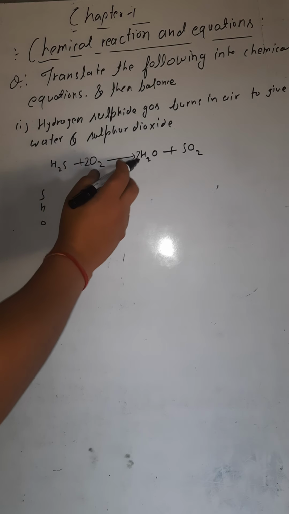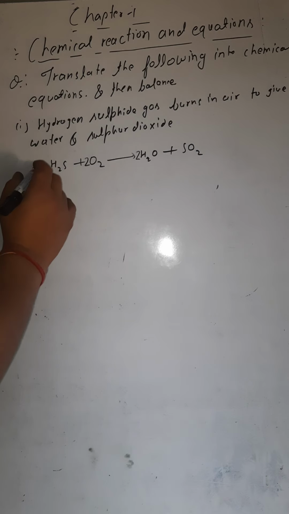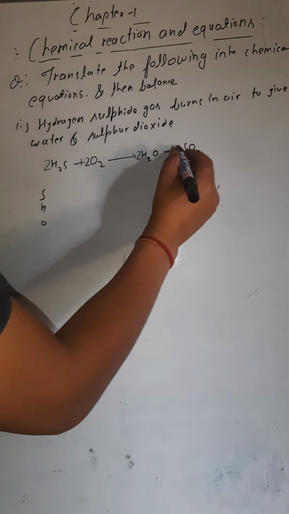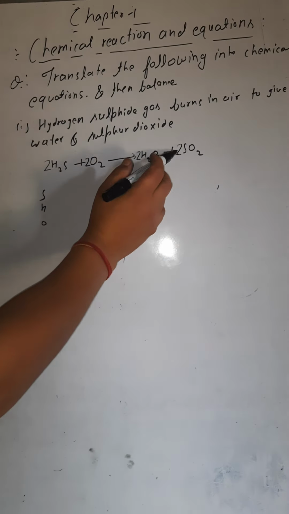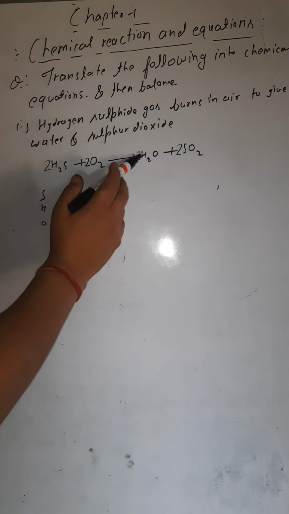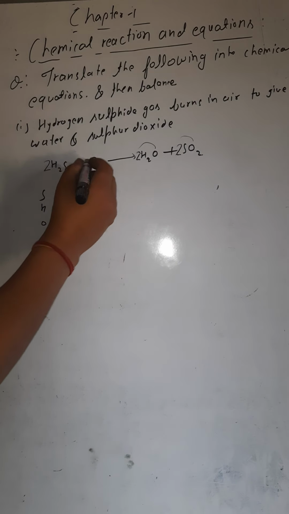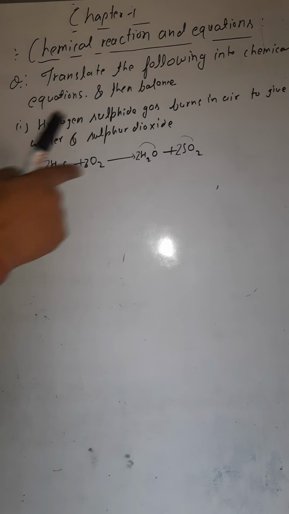But as I have balanced the oxygen, hydrogen is unbalanced now. Look here, 2 twos are 4 hydrogen, but here only 2 hydrogen. So here also I will write 2 for hydrogen. Now sulfur has changed. Sulfur has become 2 and here only 1 sulfur. So here also it needs to be written 2. Now if I have written sulfur 2, oxygen has changed. How much oxygen now? 2 twos are 4 oxygen atoms here, and 2 here, means 4 plus 2, 6 oxygen atoms. So I need 6 oxygen here, so here I will multiply by 3. This is how we will balance this chemical equation.